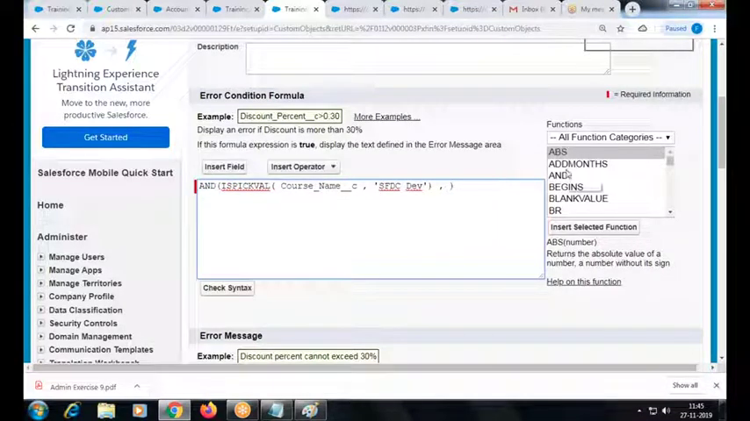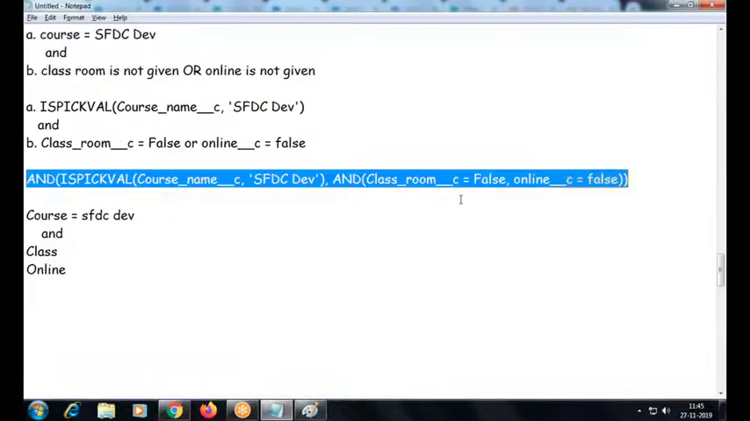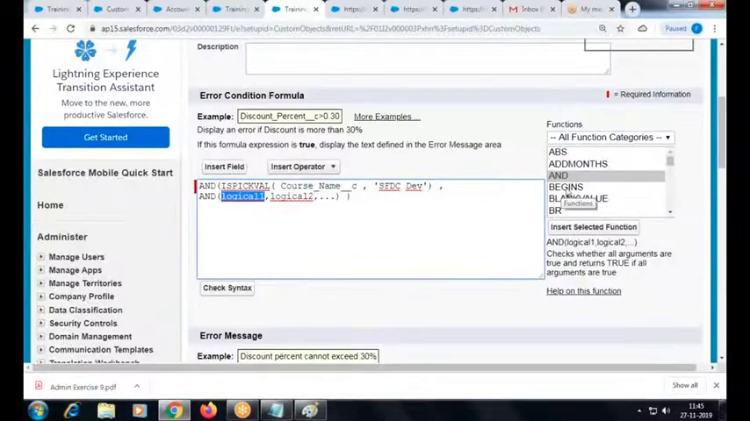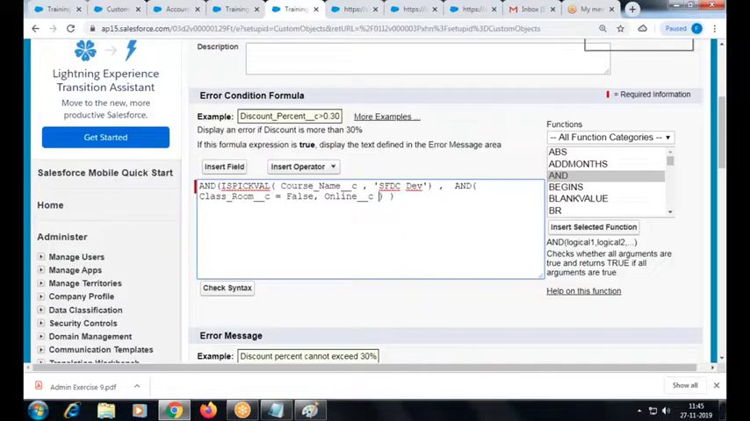So what I'm going to put here is, right actually, AND only. It should come AND only, right? How we are going to check classroom? This right, it will work. Equal to